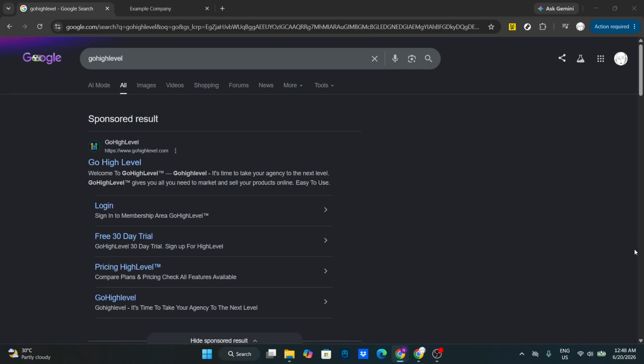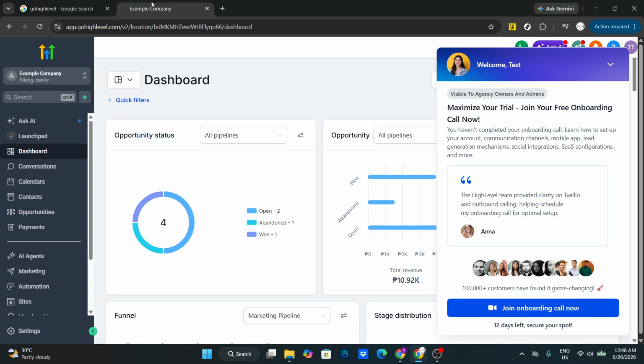In today's video, I'm going to teach you how to rename a workflow in Gohighlevel. To get started, open Gohighlevel and make sure you're on the main account screen where you can access your tools and settings. Once you're inside the platform, direct your attention to the left-hand side of the screen. This is where the main navigation menu is located, and it's where you'll find the section you need for managing